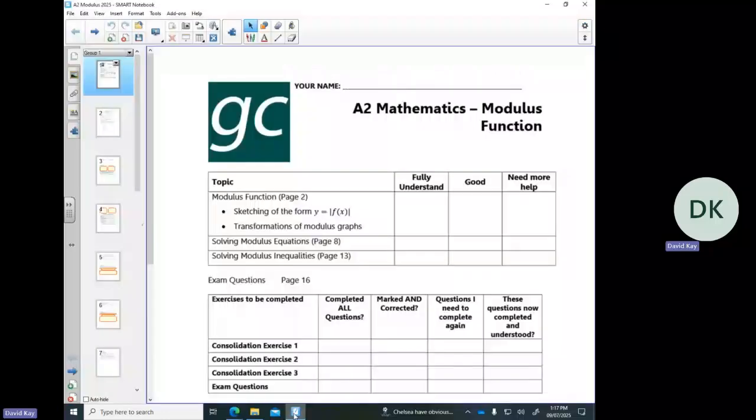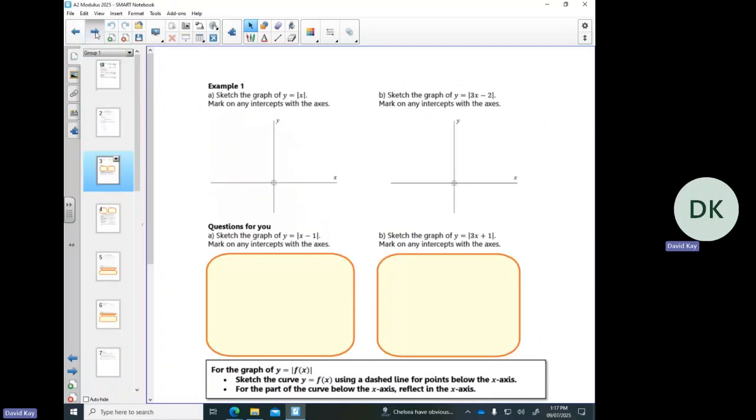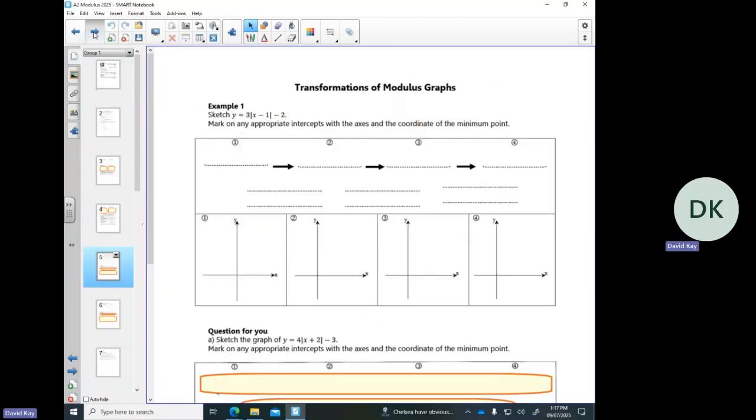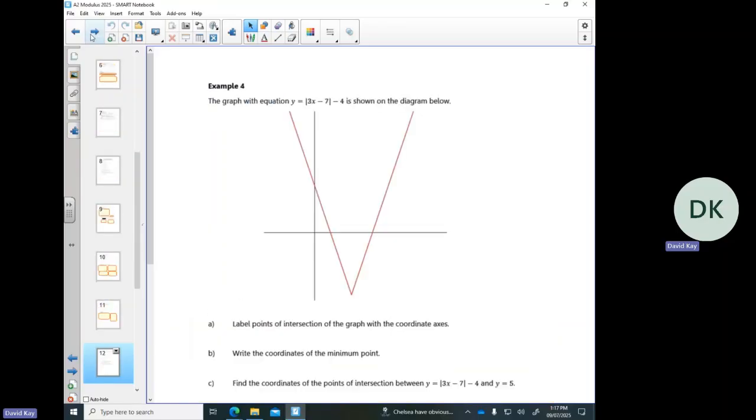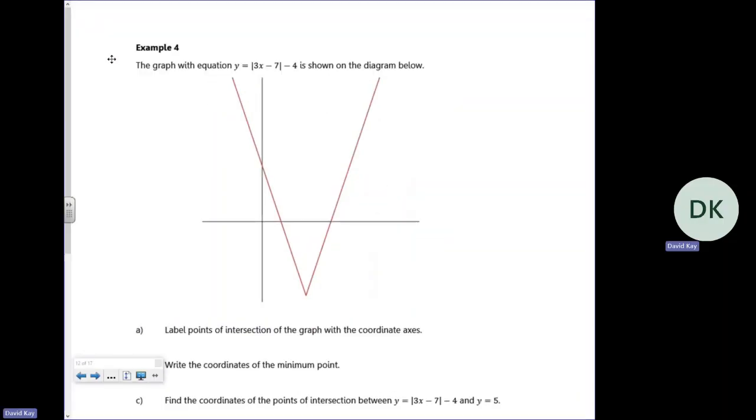This is a quick addition to the modulus functions pack, based on the look of a question from a 2025 paper and what Excel do. A different example, clearly, but what they do normally. So this is the last bit of your lesson 2. There it is. And the big difference between what we've seen so far and what this particular question does is